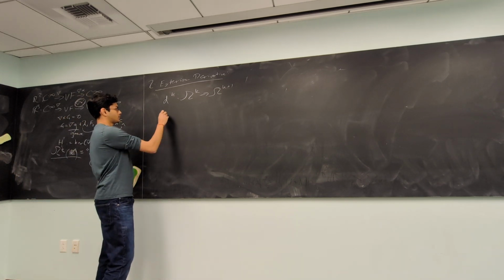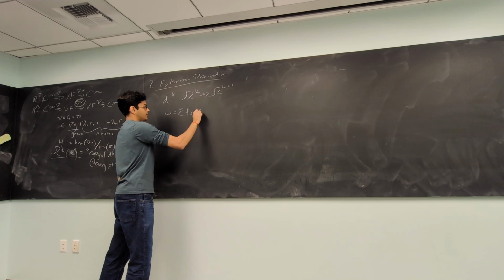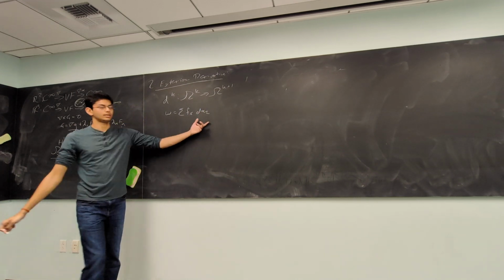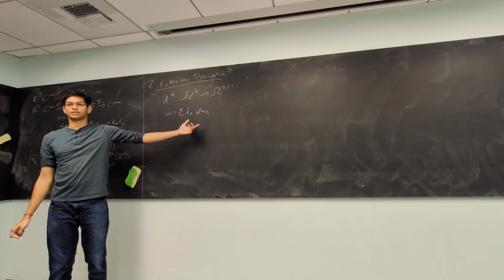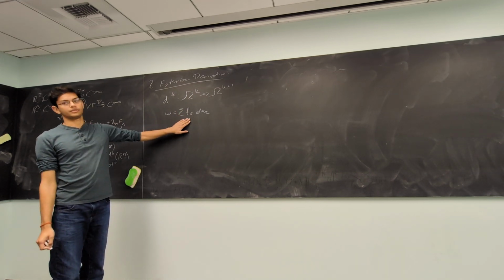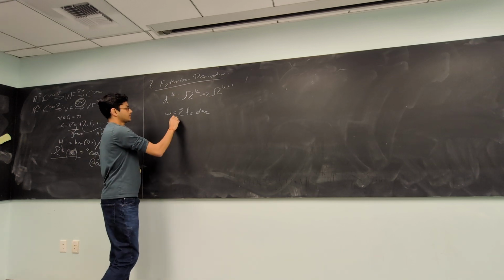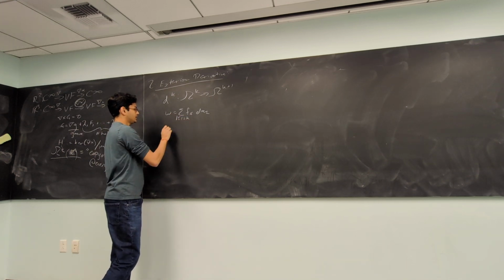So the definition is as follows. Let's say omega is equal to the sum of fI dxI. By the way, was there any question on this notation? Does this make sense? Okay. This is just some indexing for the function. So to every I, there is some function, such that size of I is equal to k. And then